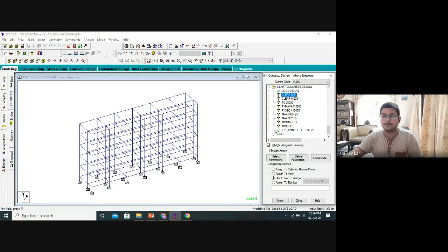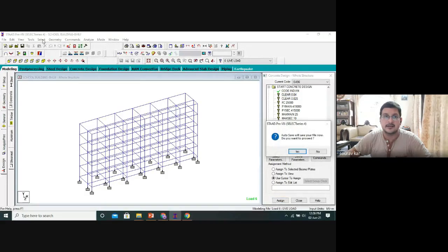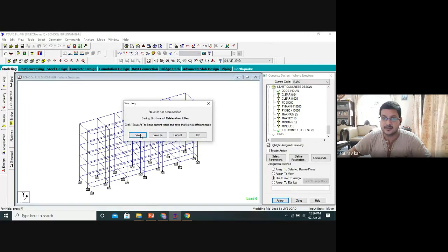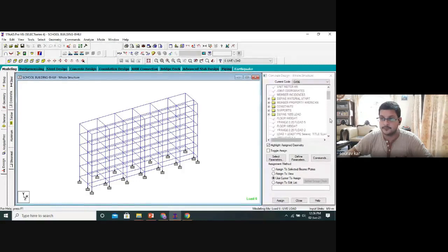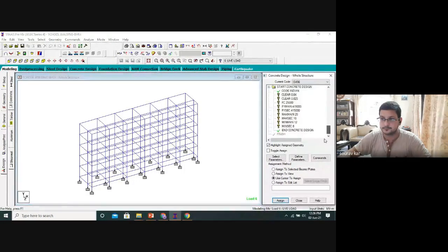So first is we will assign. So see, there are question marks given. Question mark means they are still not assigned. First, clear 0.04, that is 40 mm, that is applicable for columns. So I will select this one first. We will select this clear 0.04.